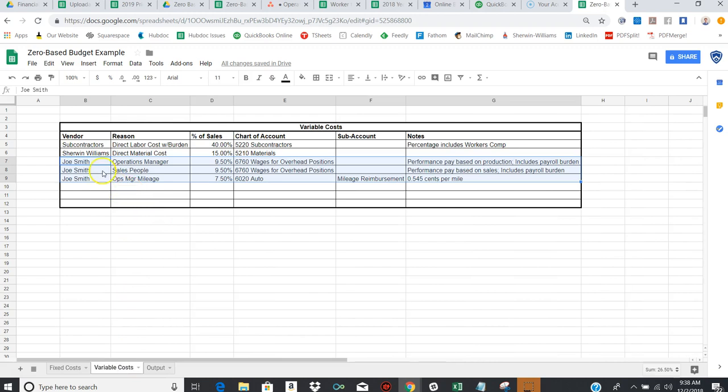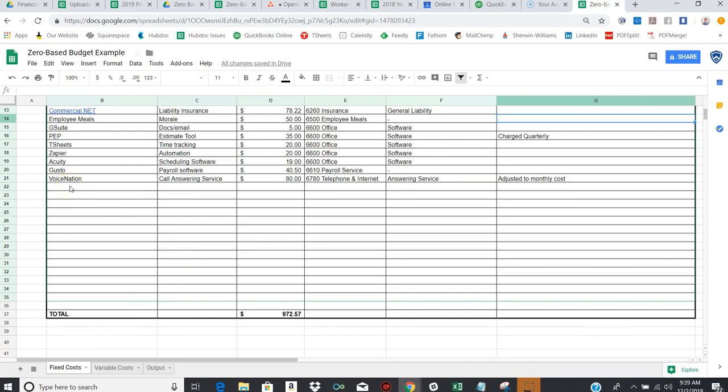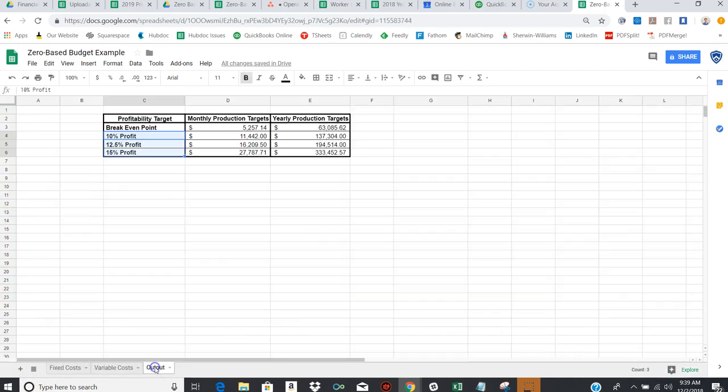Now, something to keep in mind, if you're the operations manager or the salesperson, you need to plug in your salary in here. If it's not a variable cost, like maybe because this is based off of performance pay, they're getting paid as a percentage of sales for performance pay. If you have someone who's paid off a salary, or they don't get paid off of performance, you're an S corp officer, you just put your salary here